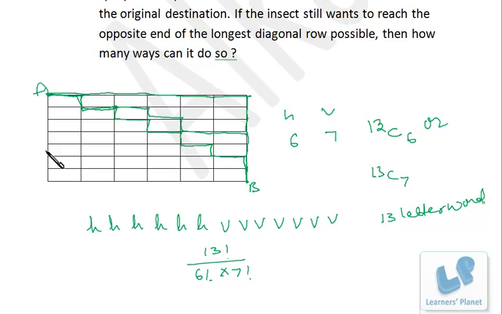Now we convert this movement question to this arrangement of letters question. So it's a 13-letter word, and can be arranged in these many ways. If all the letters are rearranged, you will get these many words. And this is nothing but 13C6 or 13C7. Whichever way you choose to solve the problem, you should be conceptually clear. That's the important point.